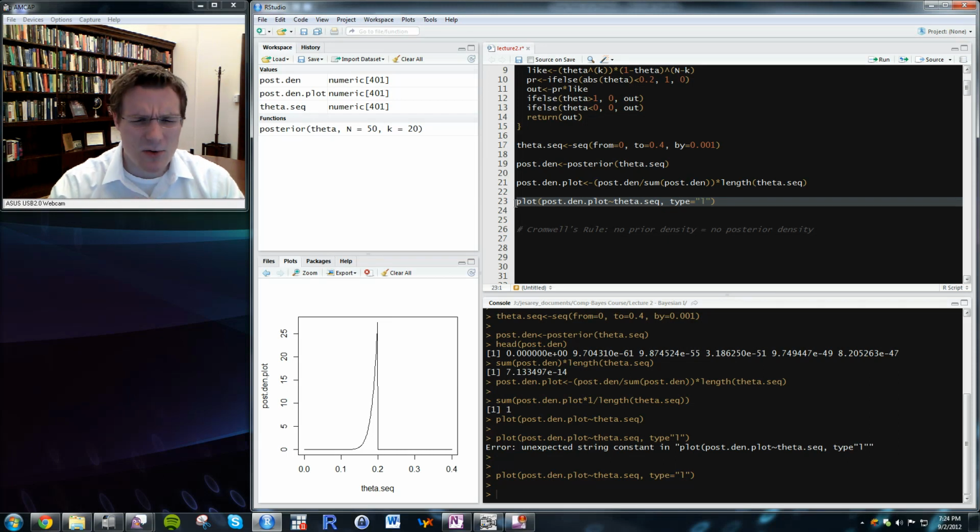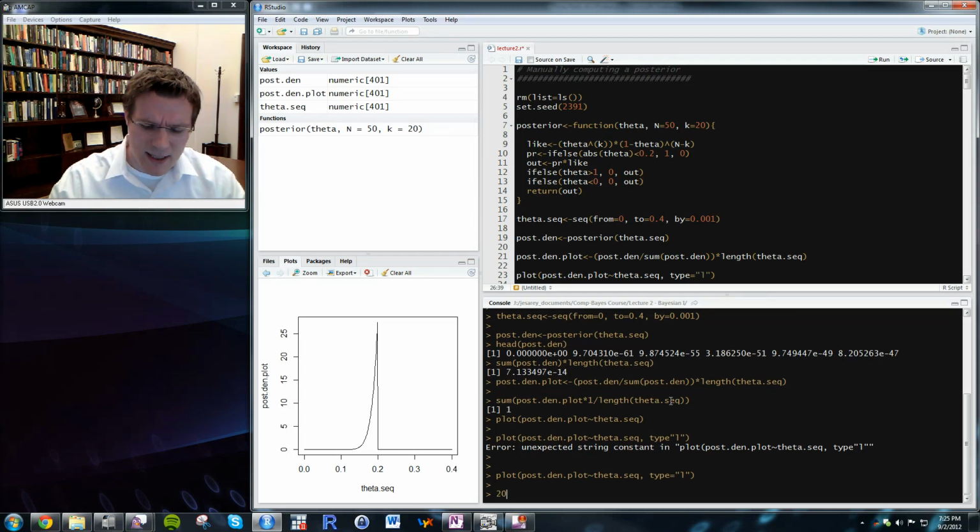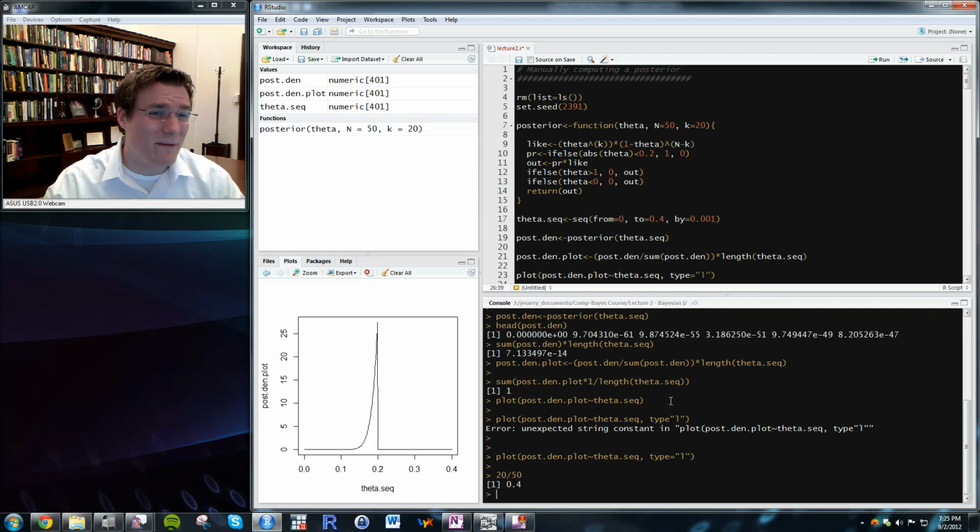But there's also no chance that theta is bigger than 0.2. Why is there no chance that theta is bigger than 0.2? In fact, there should be a really good chance because 20 out of 50 flips came up heads, and 20 out of 50 is 0.4. So I would think that theta should be at least